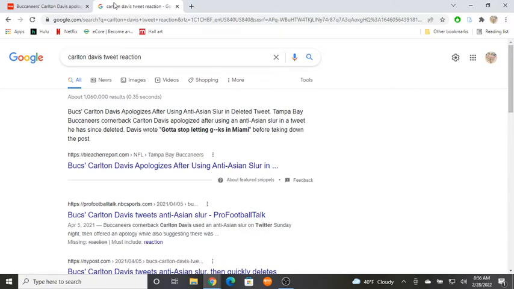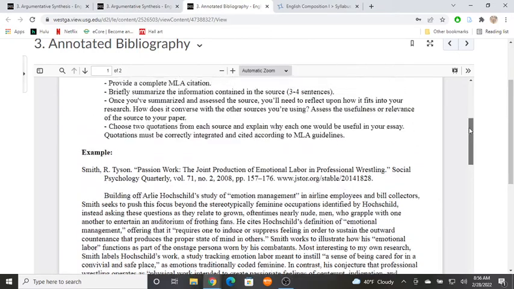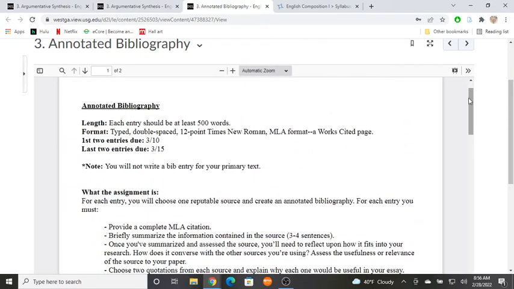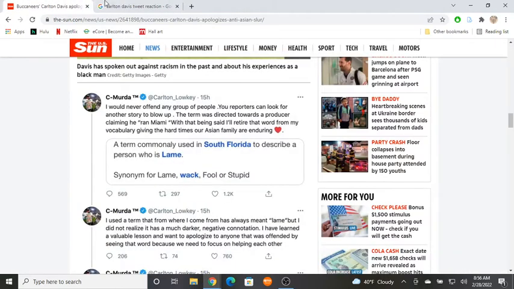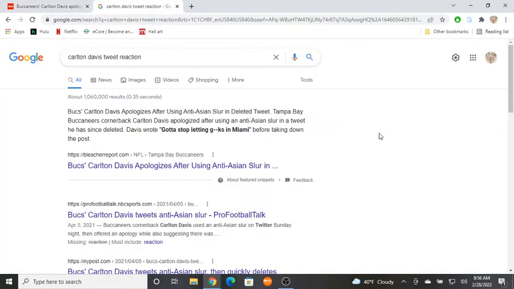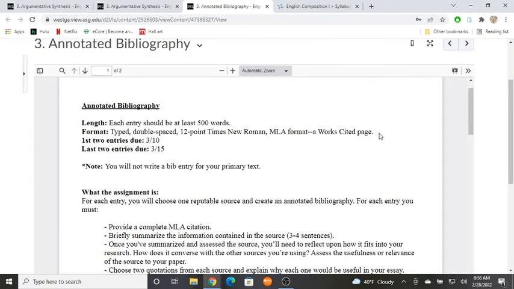But again, when it comes to research, which is the first thing we're doing, I want to take us back to the prompt. When it comes to research for your bibs, those are the two articles I just talked about. So this one could be article 1. And then the mythical one that I did not have time to find, unfortunately, for today would be article 2, where we talk about the response to this guy. Maybe I write a bib on each one of those, and that would be for the first due date on the 10th. Then for next week, for the 15th, I'd find 2 more that talked a little bit more about the response, like different kinds of responses people had,